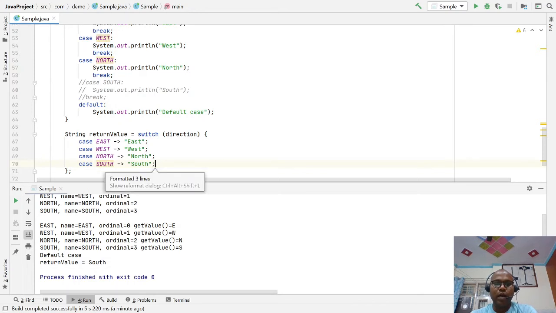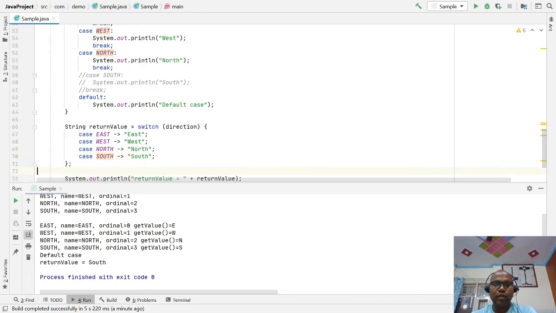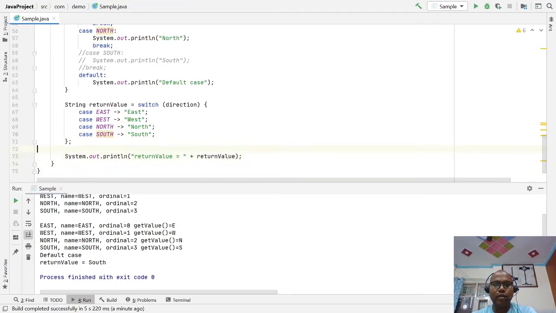If you have only one statement, by default that statement will be returned. If you want to work with more than one statement, then